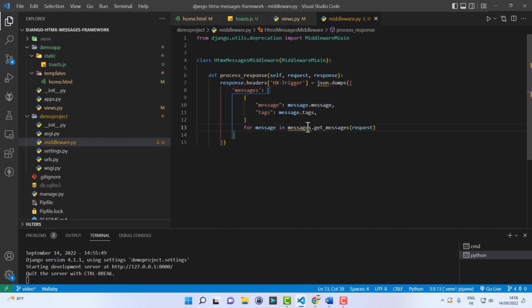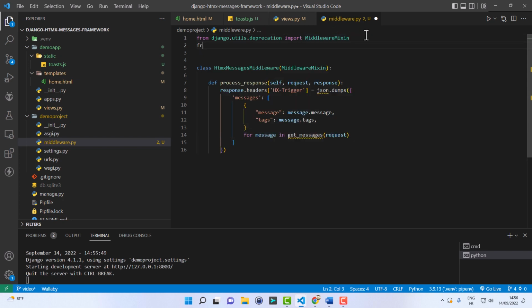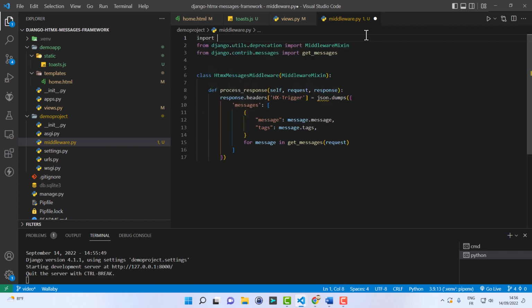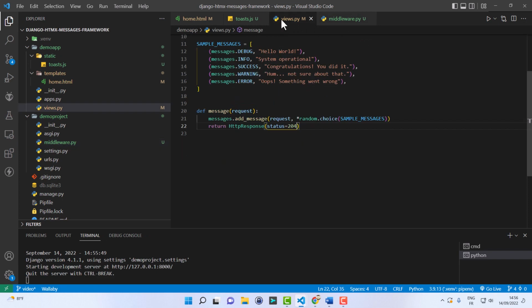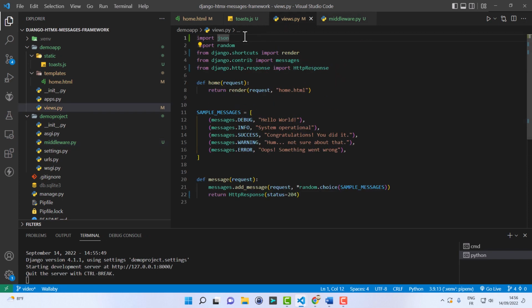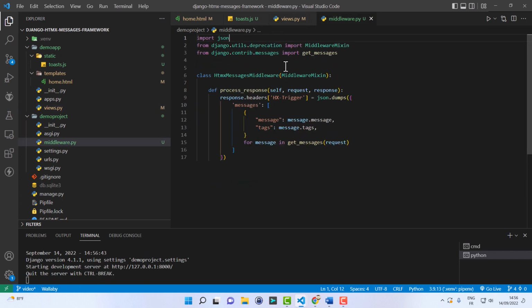Of course, we have to import get_messages, so that's from django.contrib.messages import get_messages, and import json, meaning we can remove that here, and that's all.